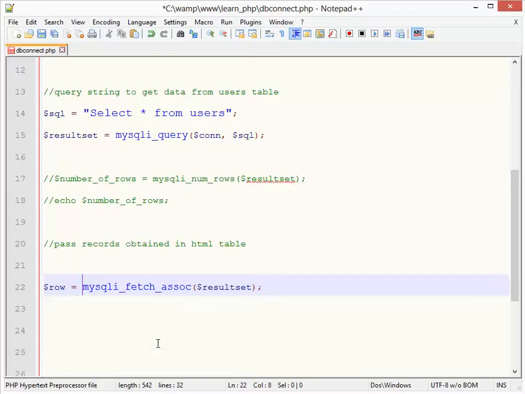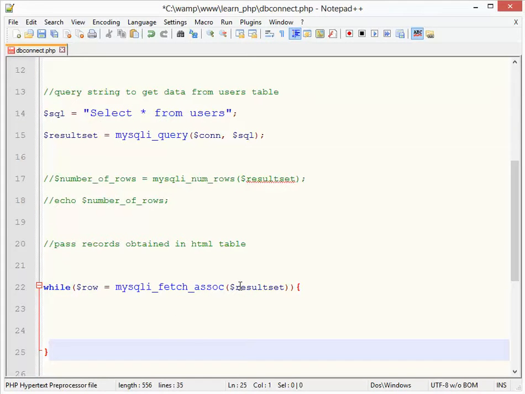Let's call that variable row, and then loop through that result set using a while statement. So while row equals mysqli_fetch_assoc, taking the result set as a parameter,